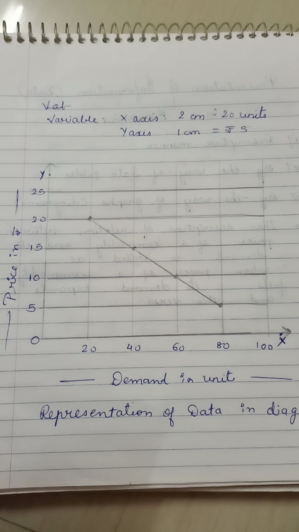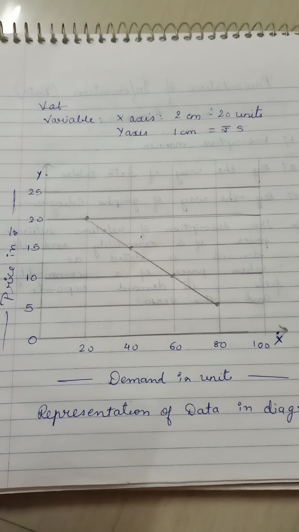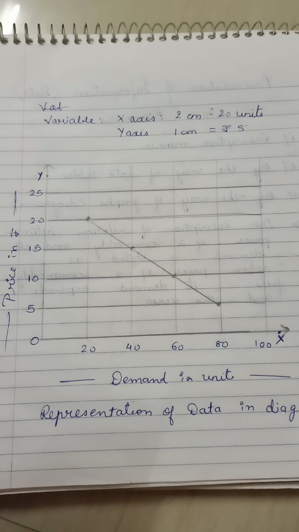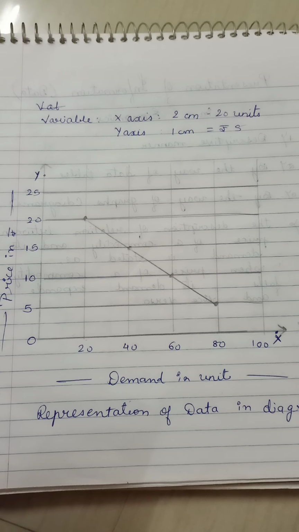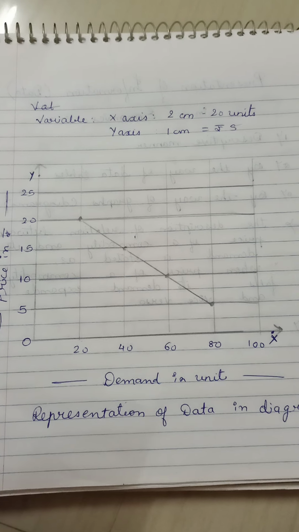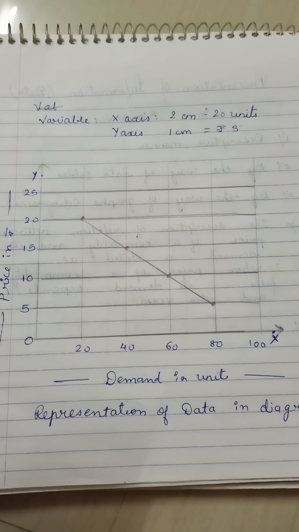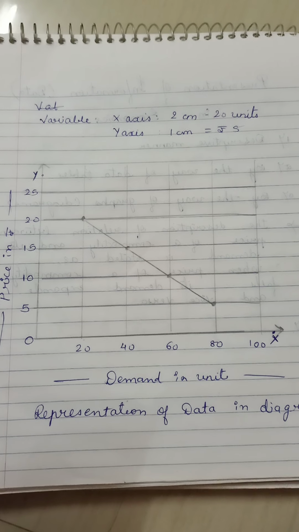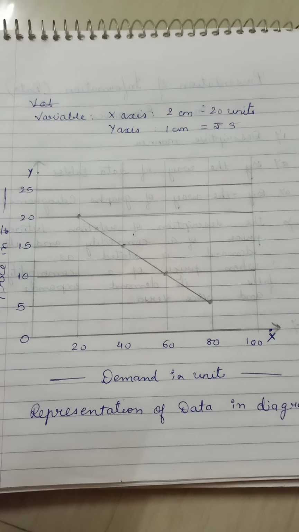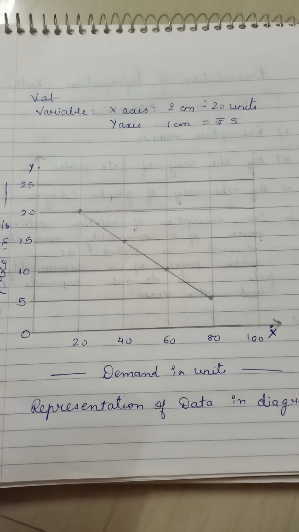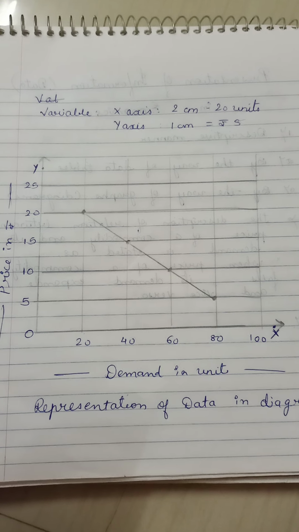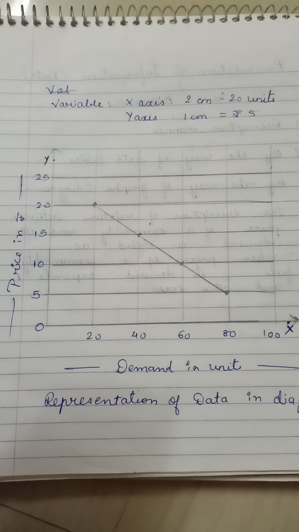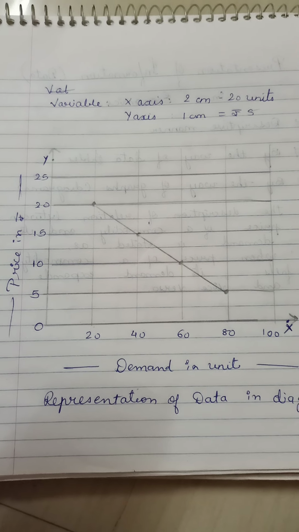downward from left to right, showing that when the variable on the y-axis, the price of the commodity in rupees, falls, the variable on the x-axis, the demand for the commodity in units, extends. Now it can be clearly stated that economics studies the relation between various economic parameters, and hence the cause-effect relationship can be expressed by way of such diagrams and graphs also. So this slope is the downward slope.